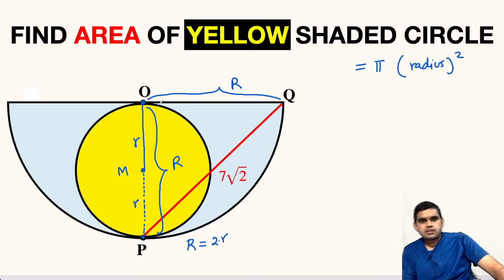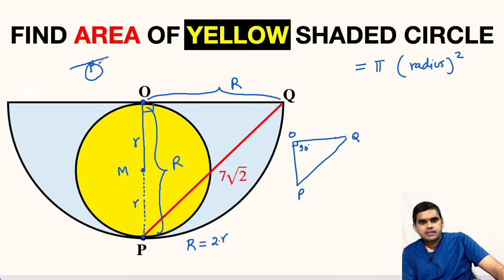So now focus on triangle OPQ. So let me draw it outside. So this point is O, this point is Q, this point is P, and this will be 90 degrees. Why? Again we have a theorem that this OQ will be tangent to this yellow circle, and MO, this line segment, is the radius. So we have a theorem that if we have a circle and a tangent, then from the center to the point of contact, if we draw a line segment, they make 90 degrees with each other. So this is a right angle triangle